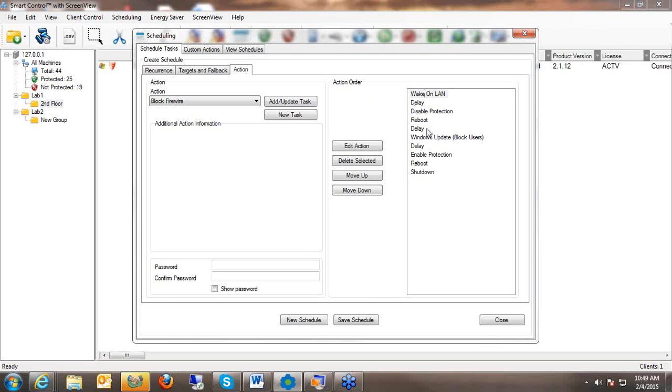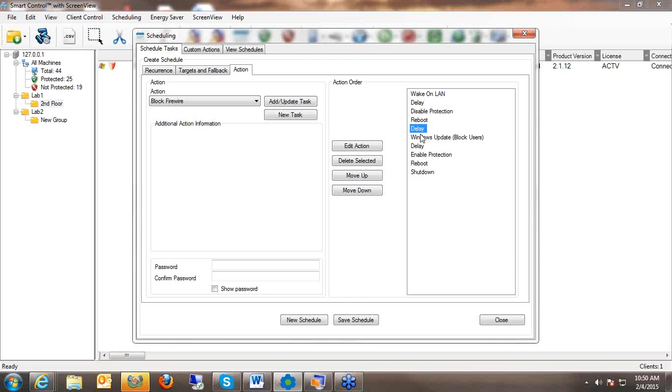these actions will all go out to the computer. So Wake on LAN is a little different. It bounces back and forth between the console and the client, and then it'll launch the rest of the packets. So we're going to hang out for 5 minutes to let our computer catch its breath. Then it disables protection. And then I do a reboot to change that mode, hang out for 3 minutes, again,